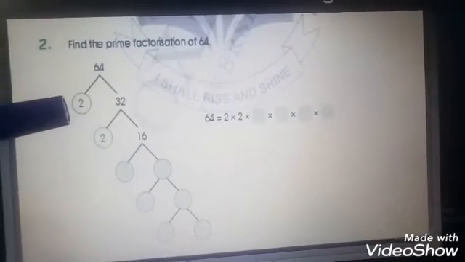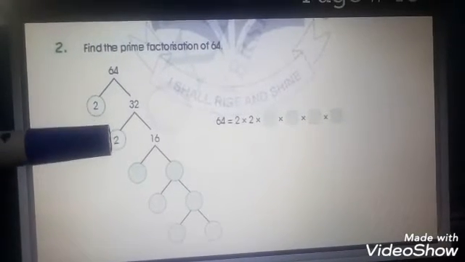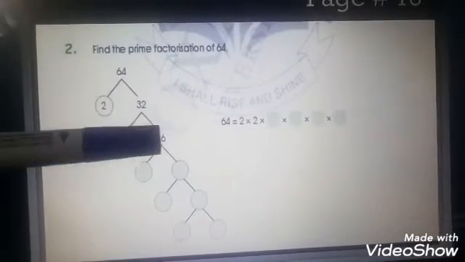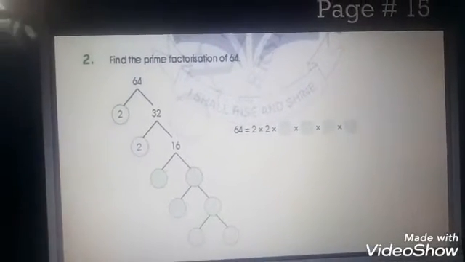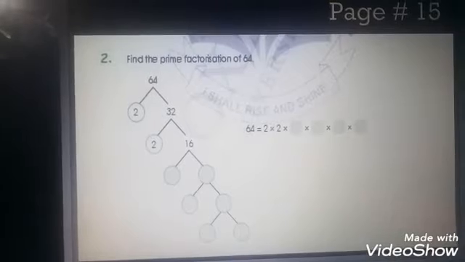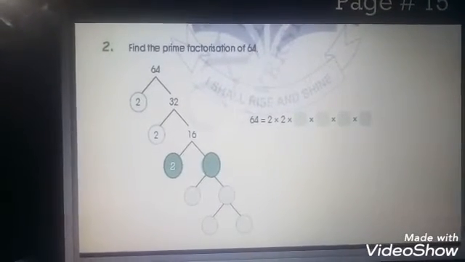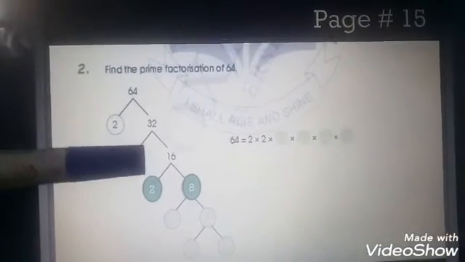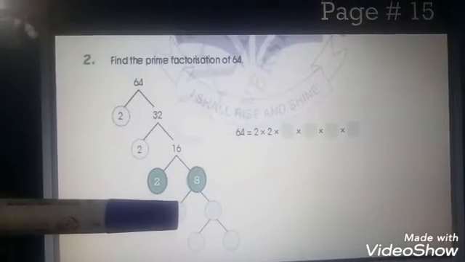Again, 2 is a prime number but 32 is a composite number and an even number. You choose the number 2 for factorization with 16. 2 16s are 32. Again you see 16 is a composite number. So when you multiply 2 with 8 it gives 16. 2 is a prime number, 8 is also a composite number. Again you can convert it into prime numbers.